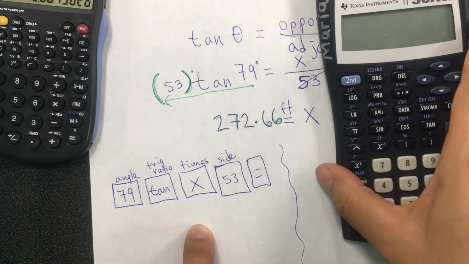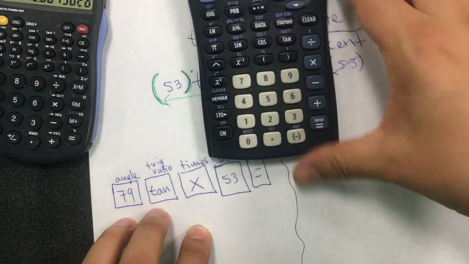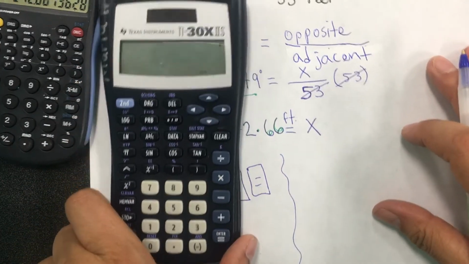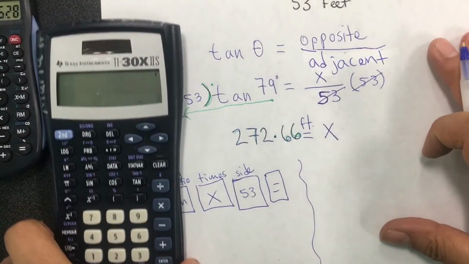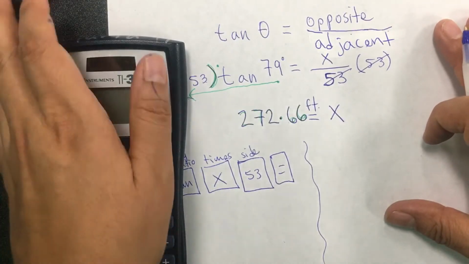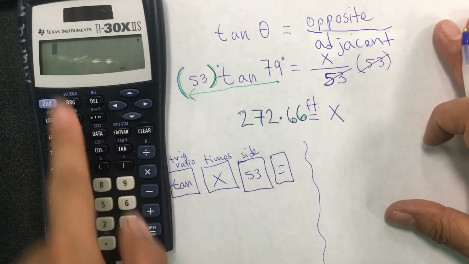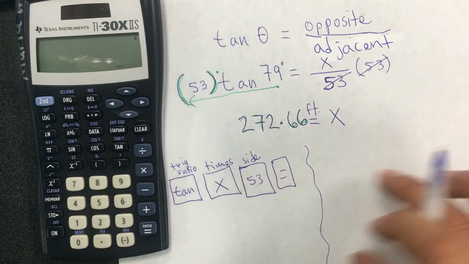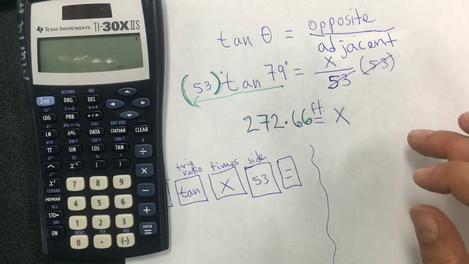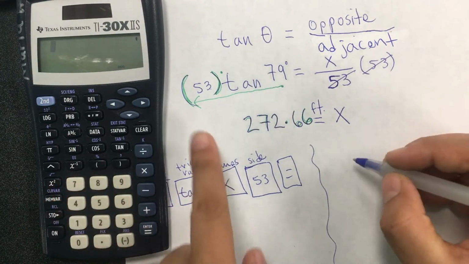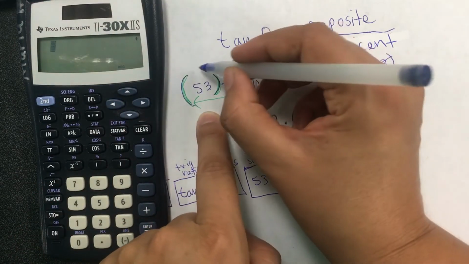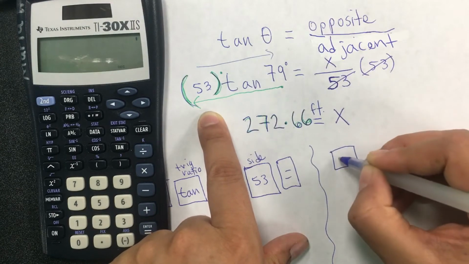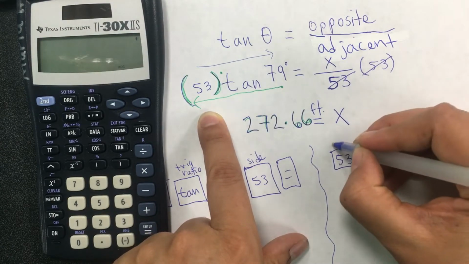Now let's do it with this calculator right here. For this calculator, you're going to do it a little bit different, okay? And so once you figure out which calculator you have, that's the one that you should write down. I'm going to write both ways in here, but for this type of calculator, you go in the right direction. So it's going to be 53 first, which is the side that you have,